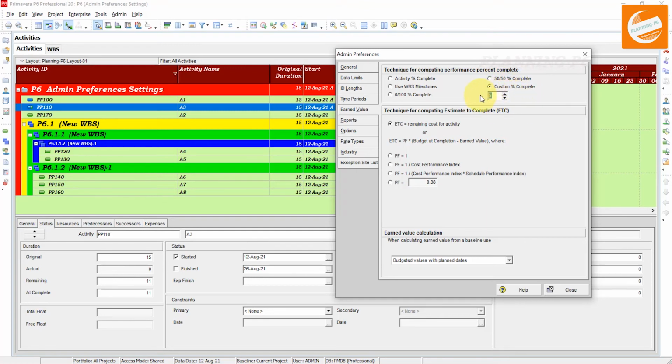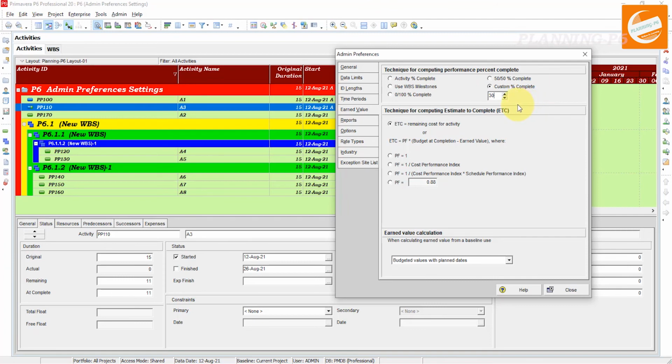You can write here 30, 25, whatever you want, 10 to 90%. The same logic applies: from 0 to 99%, the activity will be 30, and after the completion, after marking the finish date, the activity will be 100% complete. These are the techniques for computing performance percent complete in Primavera P6 software.